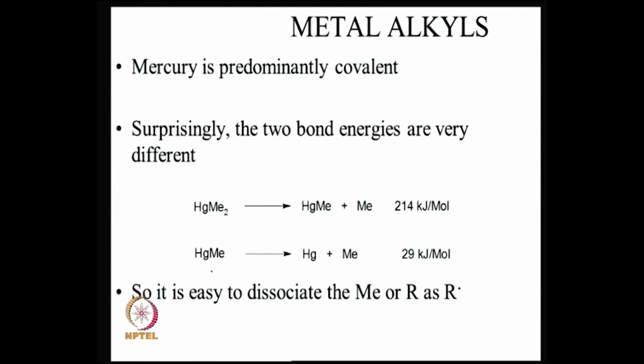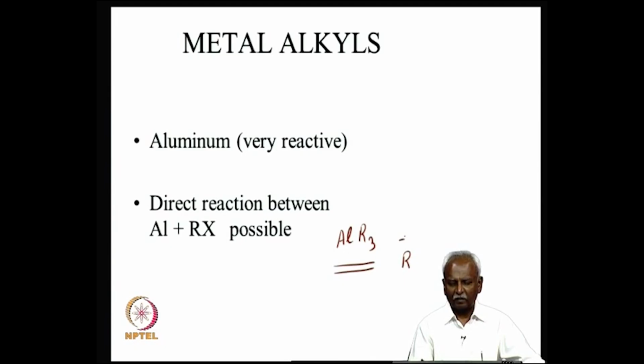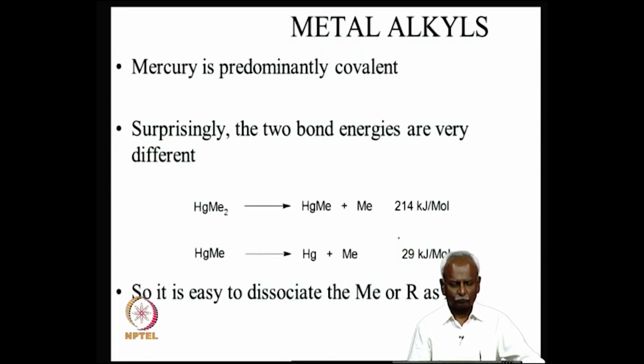And it is interesting that whereas aluminum would form AlR3 species which are bridged and appear to be reasonably covalent, you have most of the reactions of the alkyl group attached to the aluminum as if R is behaving as an R minus group. So, in many instances you can have R minus behavior for the AlR3 group,